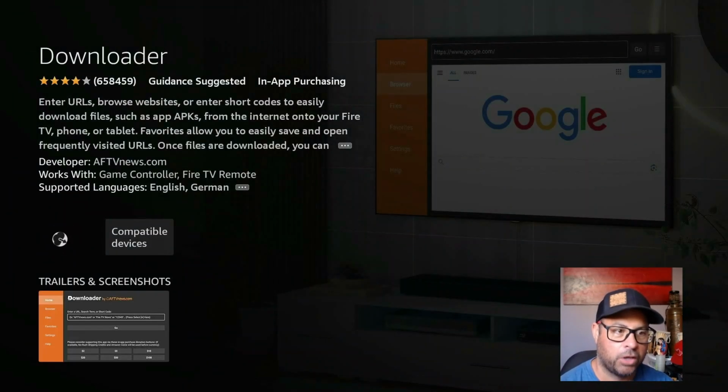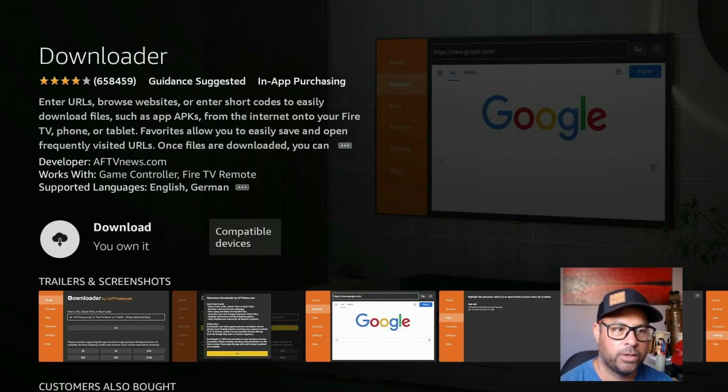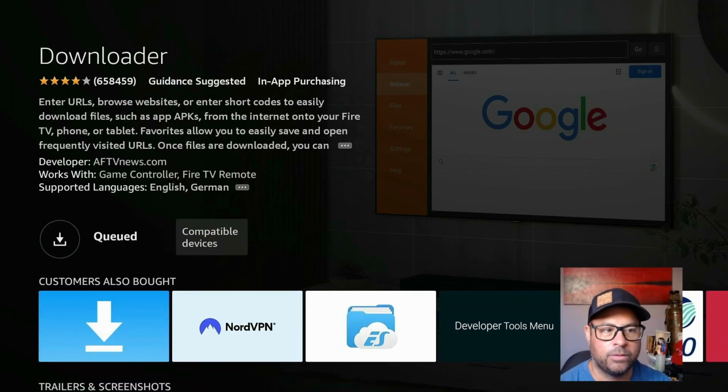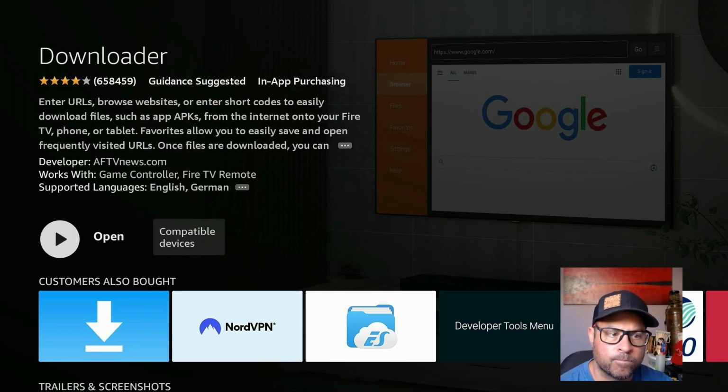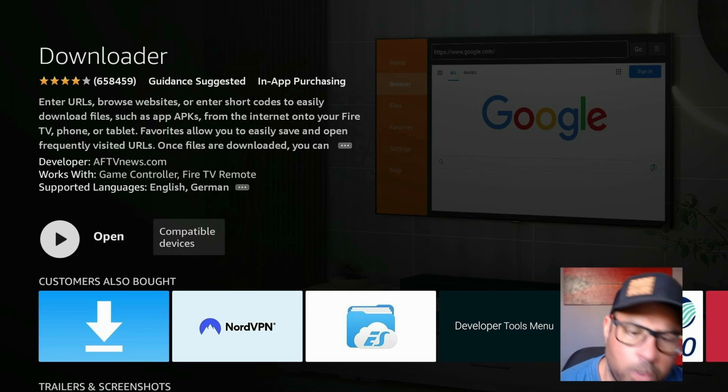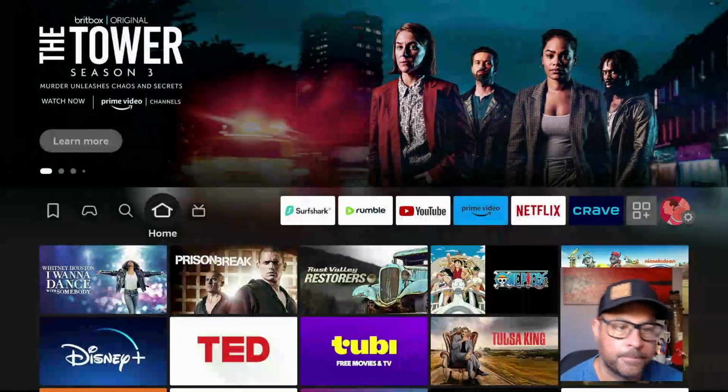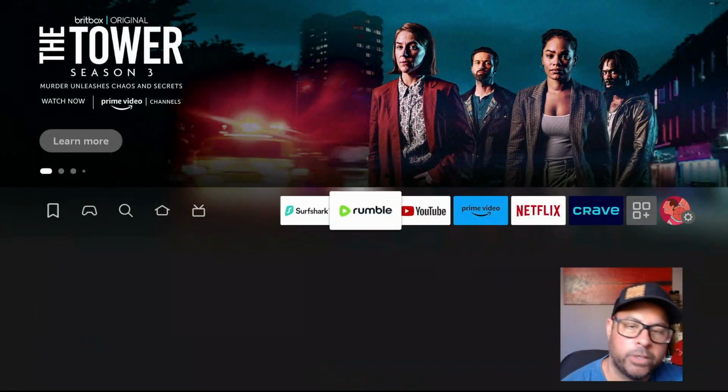I already own it, so you can get it and install it. Here it says download it, I own it. So I'm going to click download with the select button on my remote. Let the application download, and then once it's installed, don't open it quite yet. We can go back to the home screen, and we got to enable Downloader to be able to